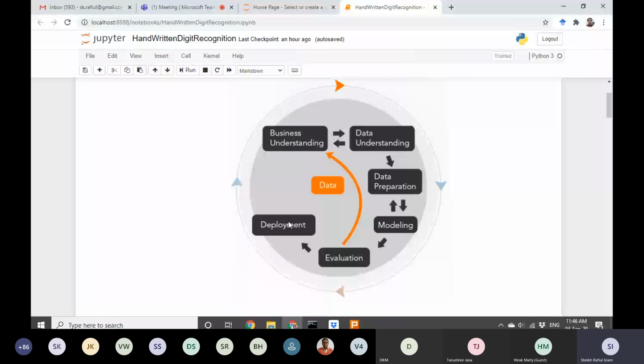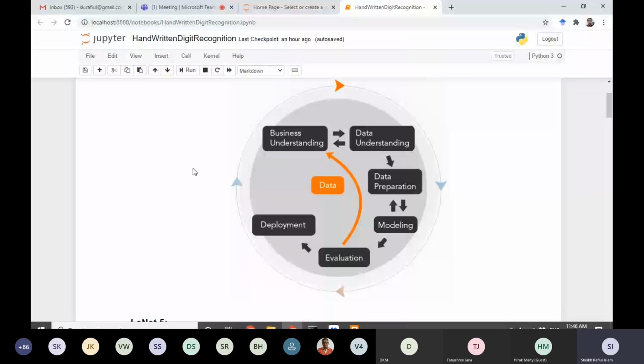Okay. So when you talk about the life cycle of a DL project, first of all, we need to understand what is the business problem. And depending on the business problem, we ask data from the client. Client provides data. After that, we analyze the data. After analyzing the data, we study whether the business problem can be addressed, means the feasibility study will be performed there.